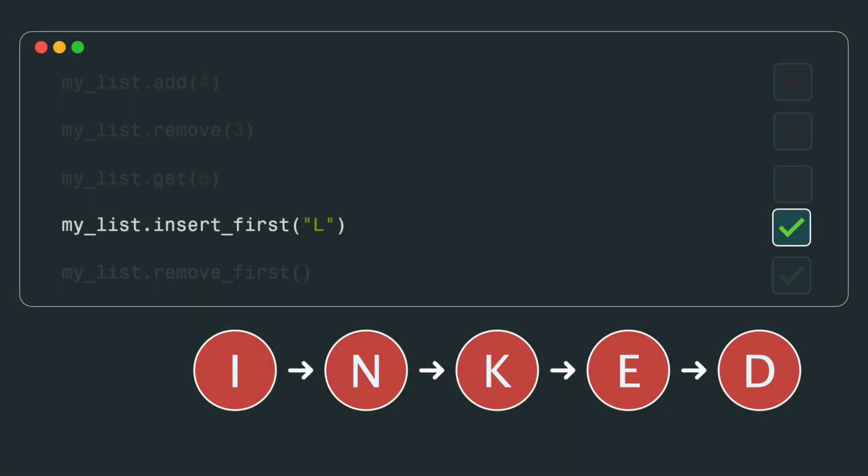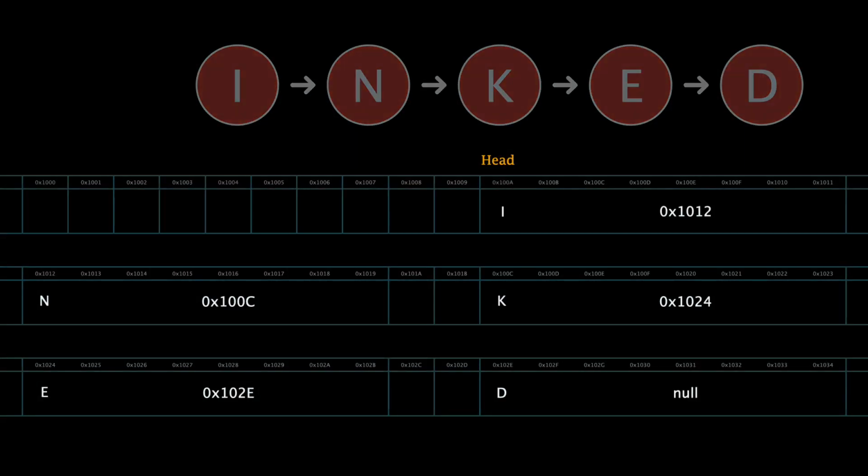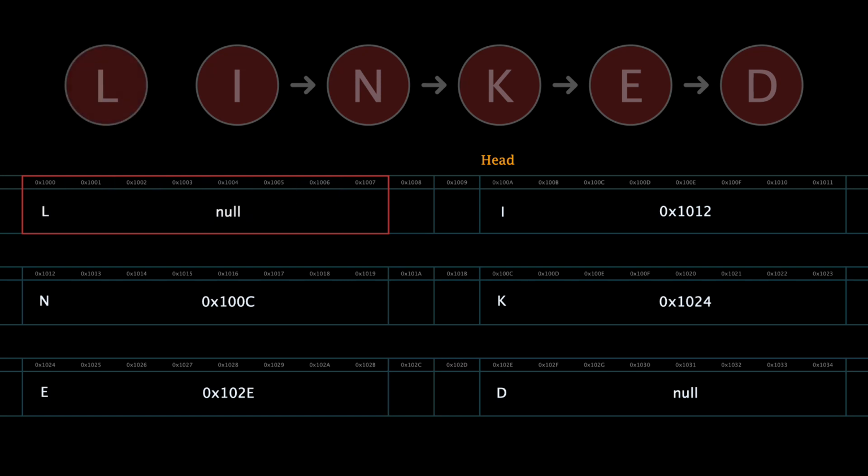Okay, we've discussed the weaknesses of a linked list. We should also highlight some of its strengths. The key advantage of a singly linked list is the speed at which we can insert or remove data from the beginning. So if I want to insert a new node at the beginning of a linked list, we simply allocate memory for the new node, store its value and reference, update its reference to point to the current head, and then we update the head to point to the new node.